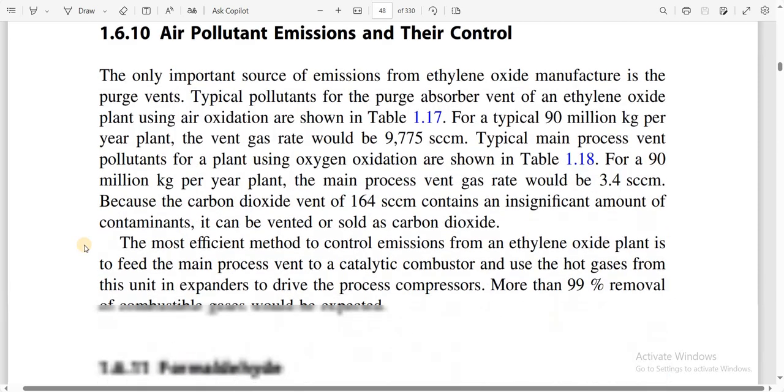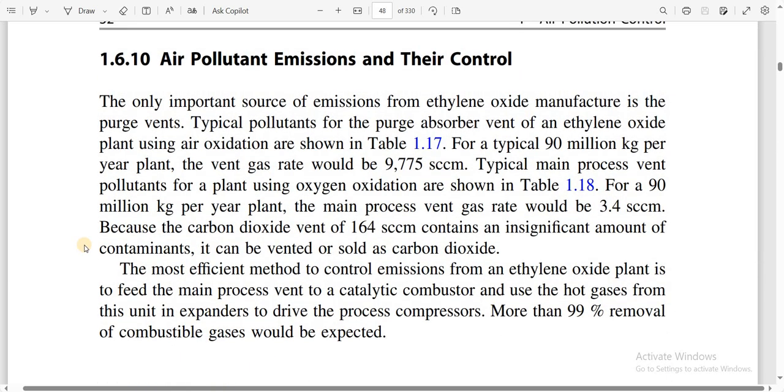Air pollutant emission and their control. The only important source of emission from ethylene oxide manufacture is the purge vent. Typical pollutants from the purge absorber vent of an ethylene oxide plant using air oxidation are shown in table 1.17. For a typical 90 million kg per year plant, the vent gas rate would be